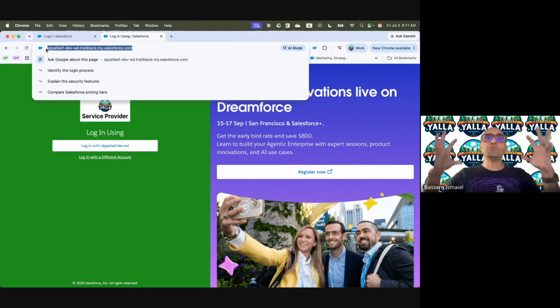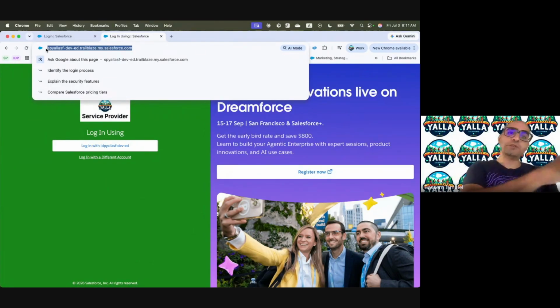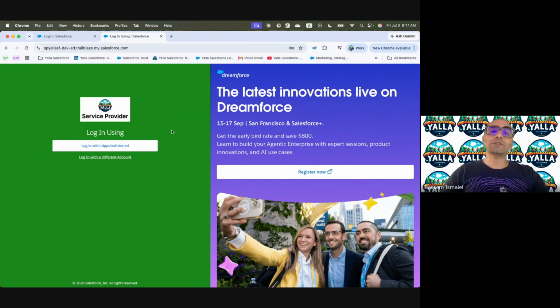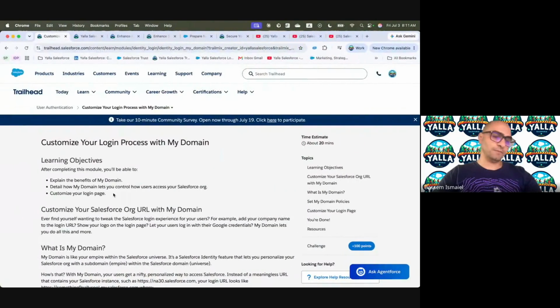In order to put your brand and make your users' life easier, having a memorable URL that represents your brand, this is where My Domain comes into the picture. Plus, you have this experience where you can put your branding, colors, logo, and you can even adjust the right-hand side. We're going to go through all of these details. So this is My Domain in a nutshell.